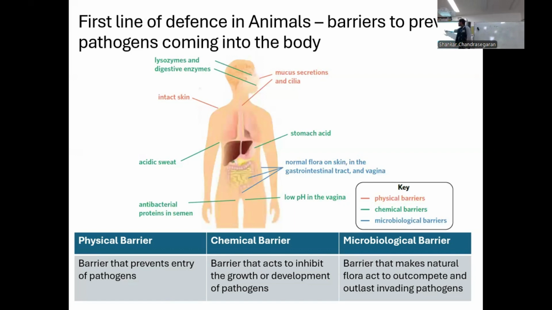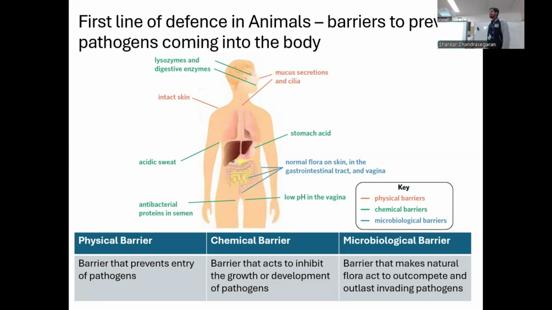Another one is the wax in your ears, which also has antimicrobial, antibacterial properties. That's also under chemical barriers. So these are all the chemical barriers present all throughout our external body to ensure pathogens do not get through the first line of defense. Now, the last one,